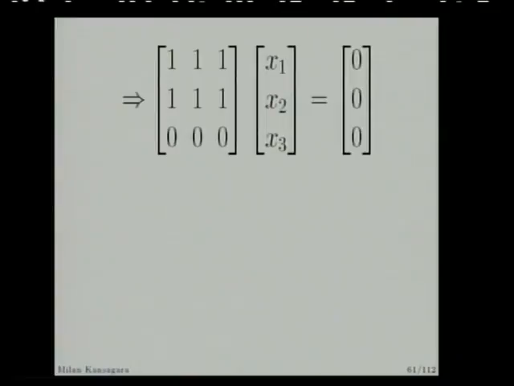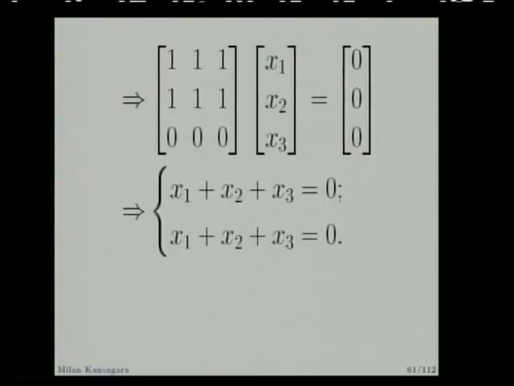we have this matrix. From the matrix we can see that the equation corresponding to the first and second row will be the same, right? And corresponding to the third row, there is no information: 0x1 plus 0x2 plus 0x3 equal to 0. So 0 equal to 0, there is no information. So leave it. We have only these two equations, and these two equations are also the same. So we have only one equation.